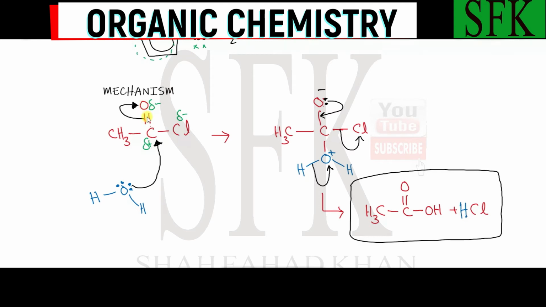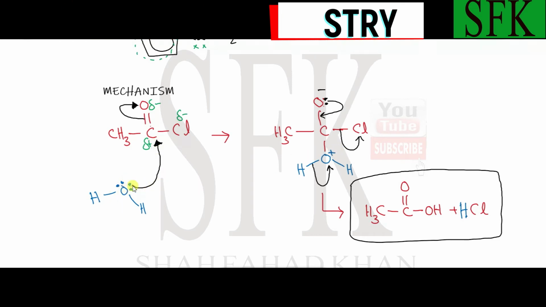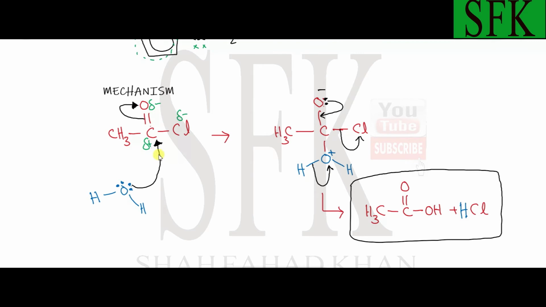The carbon oxygen pi bond breaks, and both the pi electrons are transferred to the more electronegative oxygen atom, forming this species as an intermediate. This is an unstable intermediate, and now this oxygen atom over here has a positive charge because while forming the dative bond, it used both of its electrons, and after the dative bond is formed, this bond